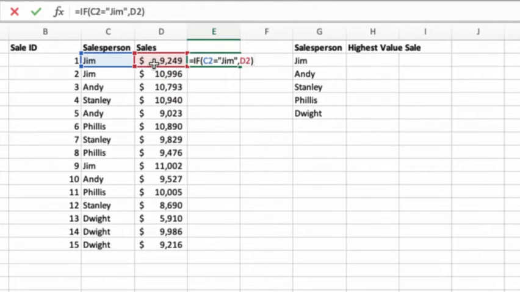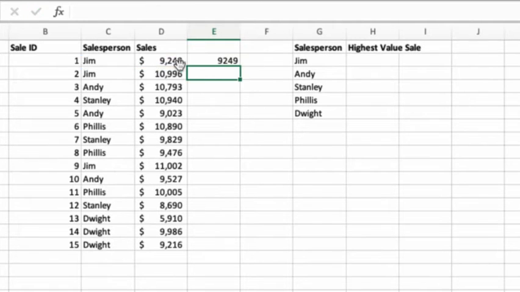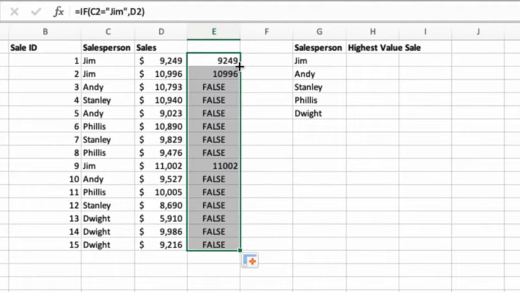I'll close the bracket. I don't need to give a condition for value if false. Then I extend this formula down to get the value for the remaining cells. So as you can see, wherever the salesperson is Jim, the value of the sale is reflected, and wherever the salesperson is not Jim, the value FALSE is reflected.